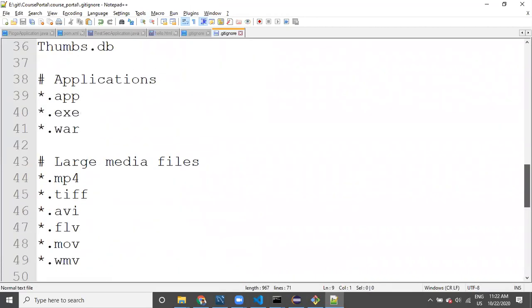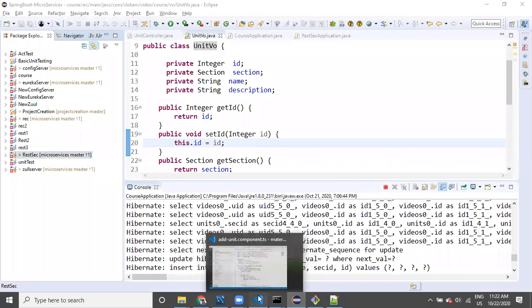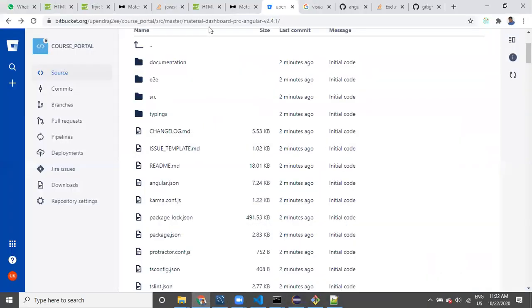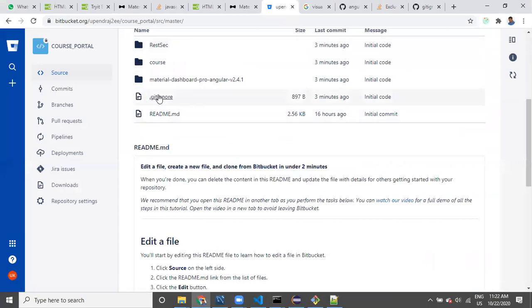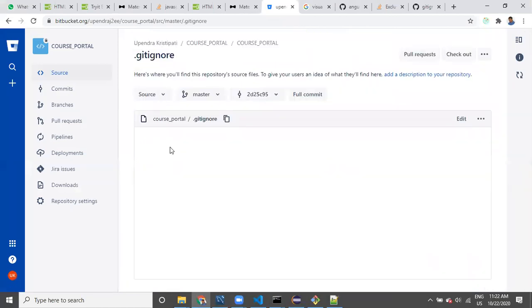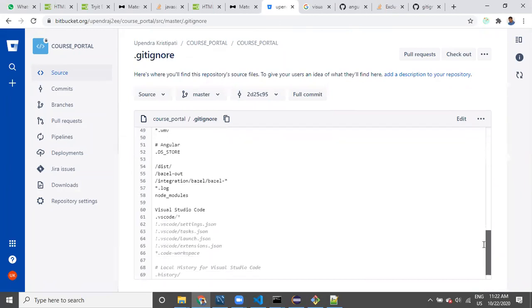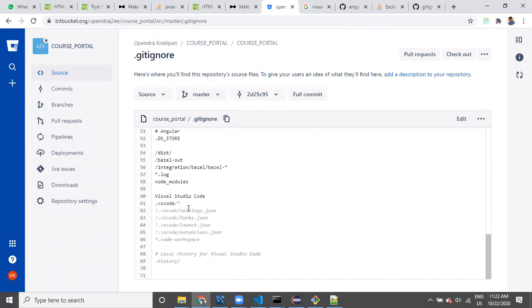Even if I go to the repository, the git ignore file will be available. You can check it out. See here guys, whatever things we have provided, these also got added. Yeah, see here guys, these files are also available like this.